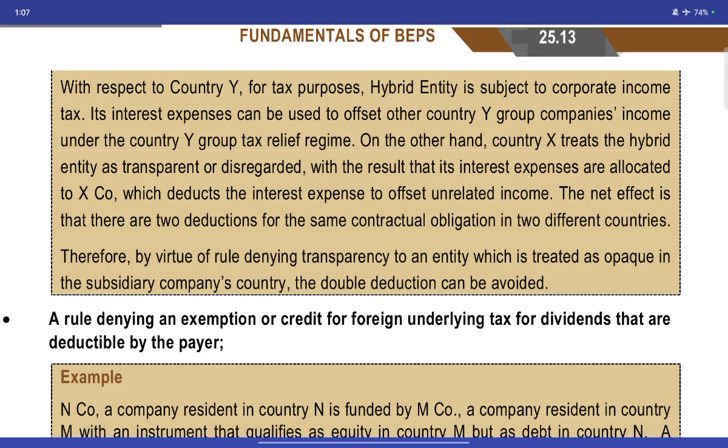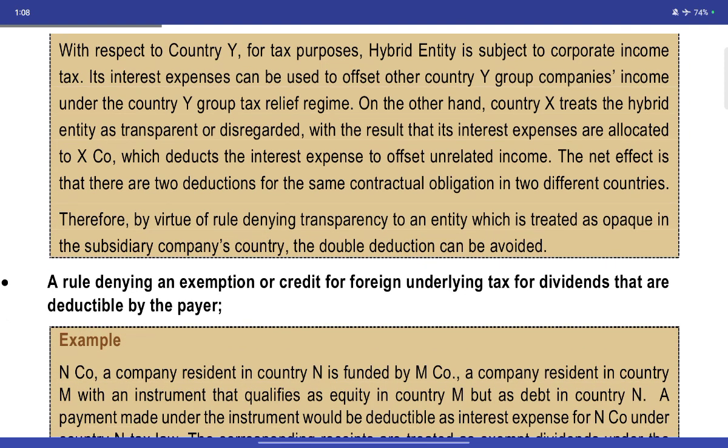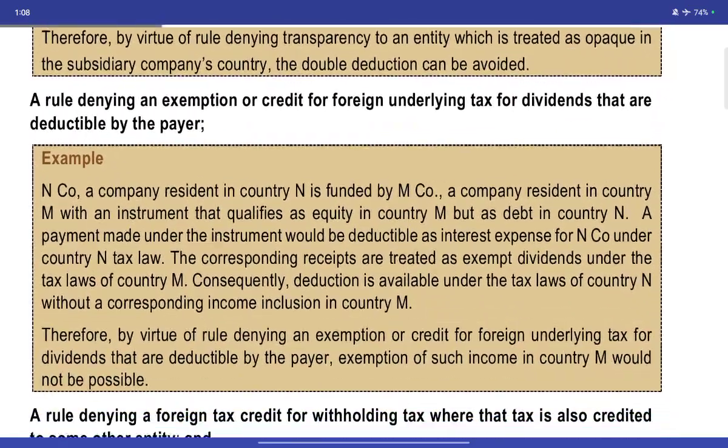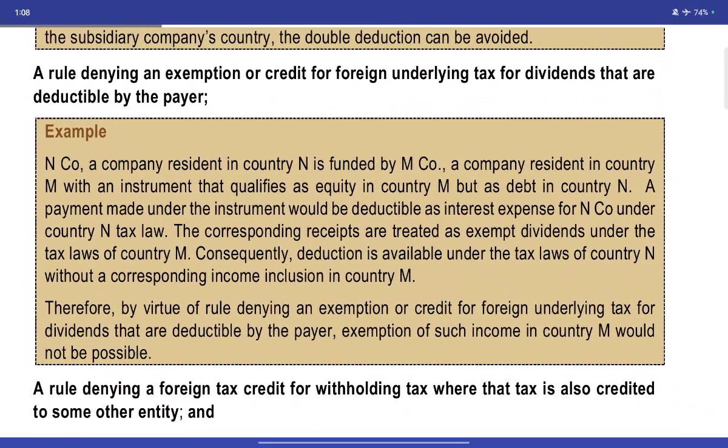The net effect is a deduction for the same contractual obligation in two different countries. Therefore, by virtue of the rule treating as transparent the entity which is treated as opaque, the subsequent countries avoid double deduction. The rule denying exemption or